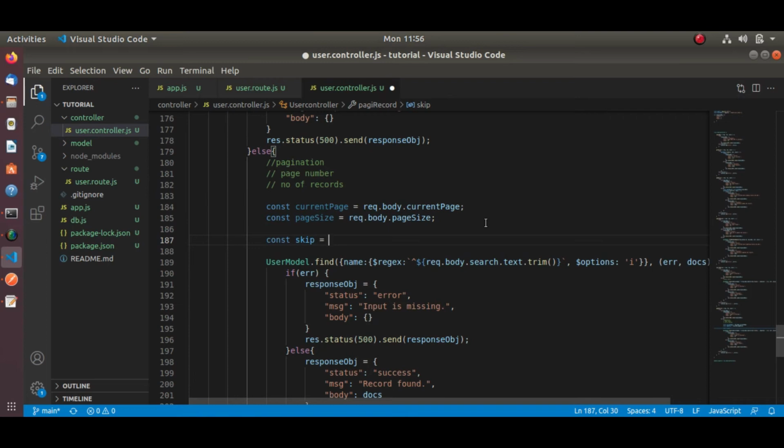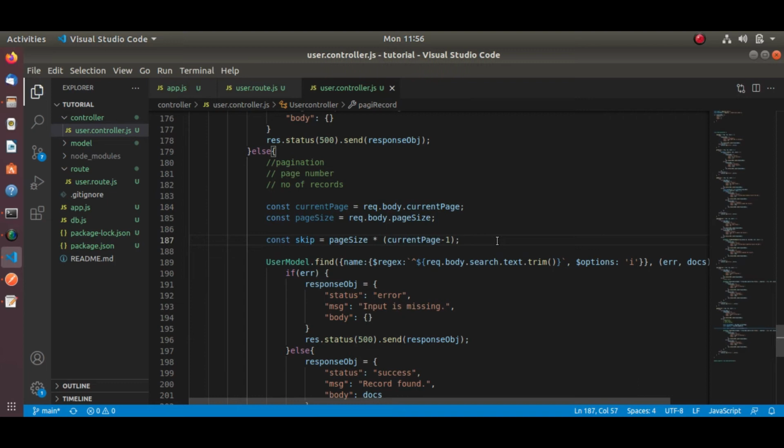The calculation is like this: page size into current page minus 1.